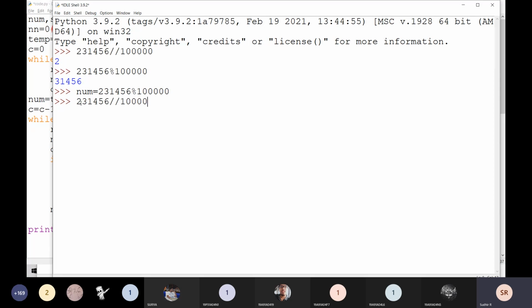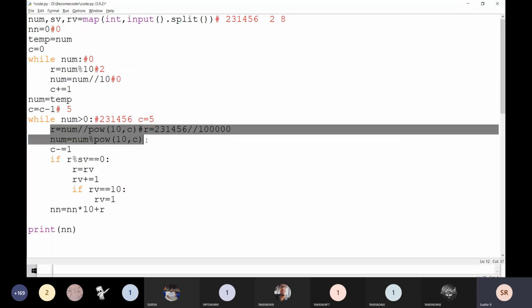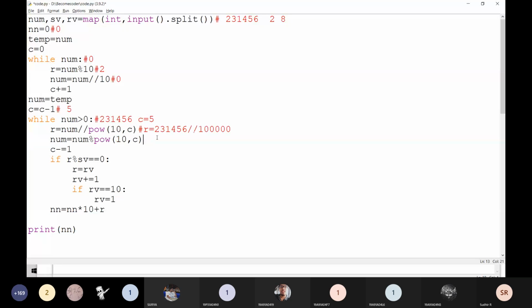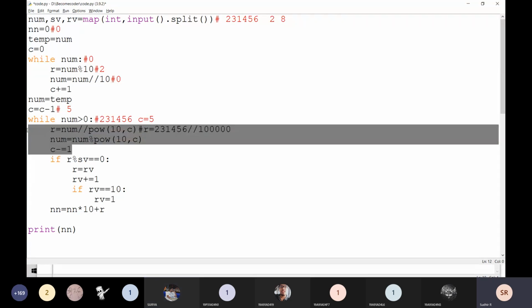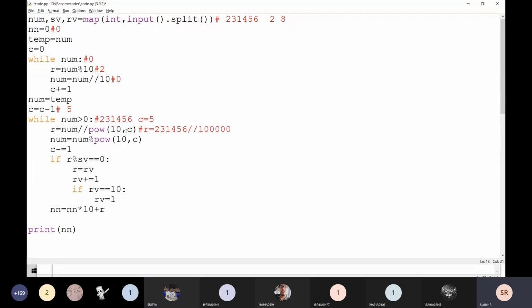Now it is going to be divided like this. If I am going to write like this, this is the original value right now, and then it is going to be written as a 3. I am going to trace from the first values instead of the last values. Do you get my point? What is the meaning of these two values? Is it clear, students? These are two lines. Every time I am going to subtract a c here. Why? Because here power 5, power 4, power 3, power 2, power 1. That's why every time I'm going to decrement the c value.